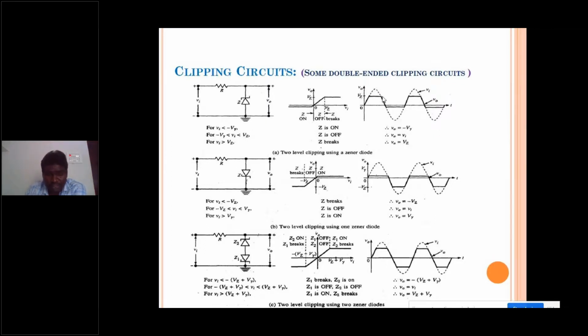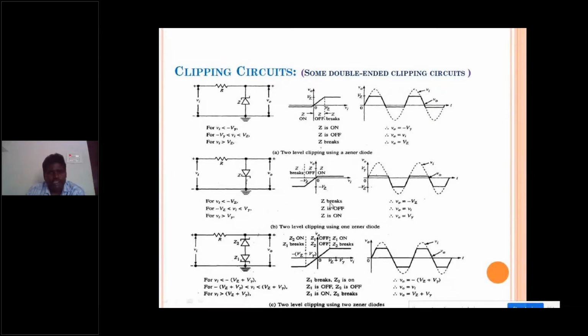It just allows the signal to pass through. Again, when you are applying a negative signal here, it is like forward bias. When it is forward bias, the voltage across the diode remains 0.7 V. That is why 0.7 is considered, like a practical case. Similarly, when the diode direction is changed like this, the reverse happens. So if I use two Zener diodes like this, then clipping at two different levels will occur here. The cases are also given here.